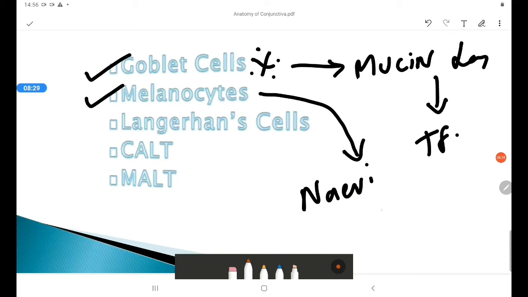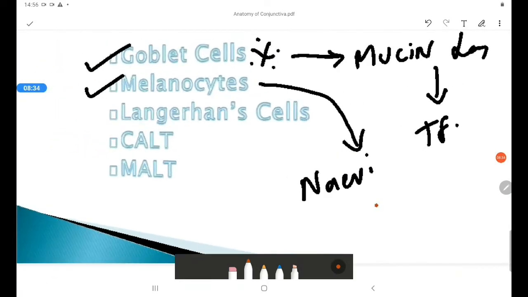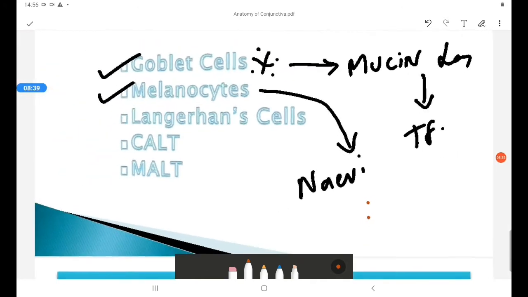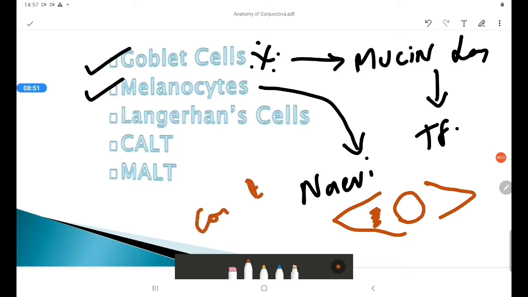which patients will come to you stating, sir, there is a brown patch present on the conjunctiva, which is usually nevi. There are also conjunctival epithelial melanocytes, which is called CEM, which are all important with respect to the melanocytes. And a few other cells you should know of are Langerhans cells, Karl cells and Maltz cells, which are not that significant from a clinical perspective.